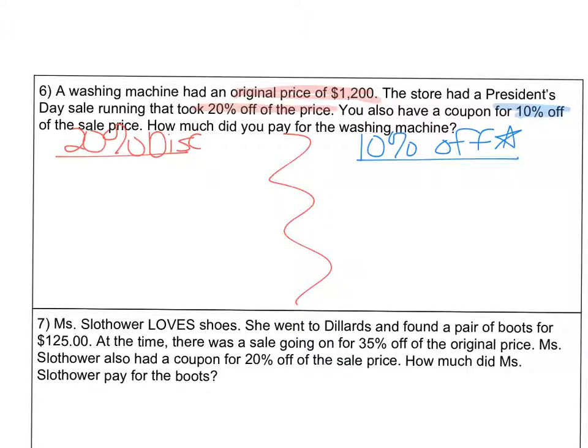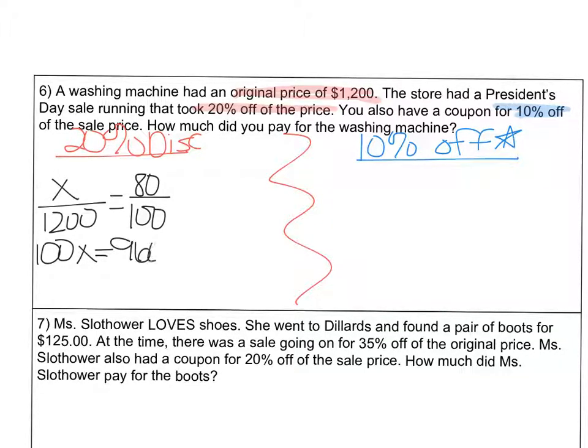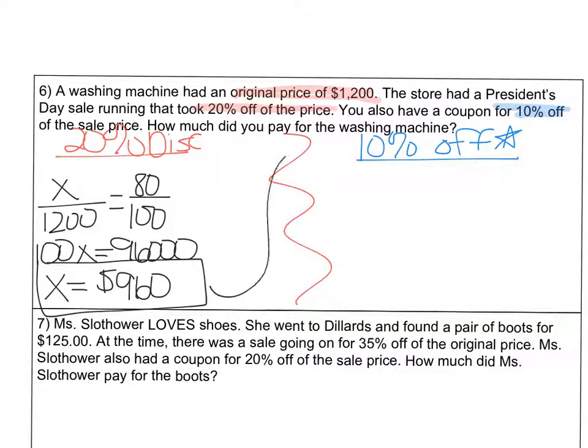Setting up the first proportion. Like we said, the original price was $1,200. We're trying to find the discounted price. It's a 20% discount, so that means we're paying 80 out of the 100%. Go ahead and cross multiply. So 100x equals 96,000. Divide by 100. X equals $960. Okay, so that is the original price that we're going to use up here,